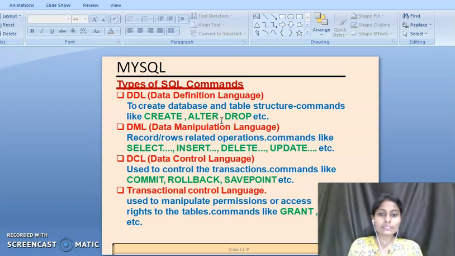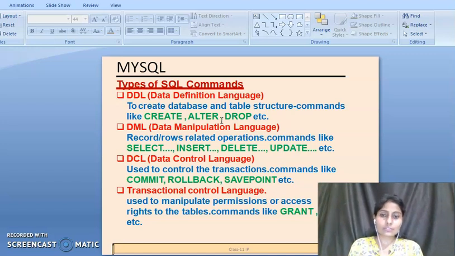There are multiple types of SQL commands available, and we will discuss some of them. DDL stands for data definition language. It is used to create database and table structure, with commands like create, alter, drop, etc.